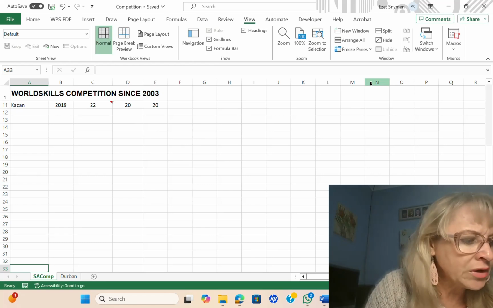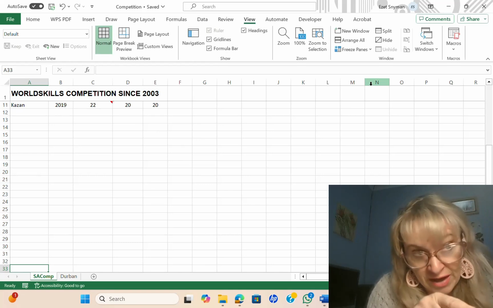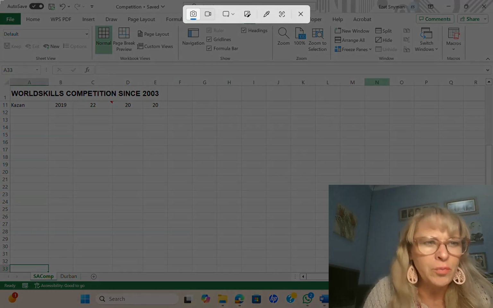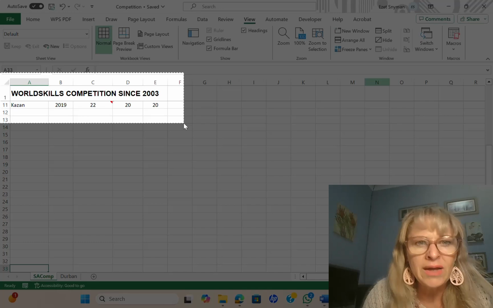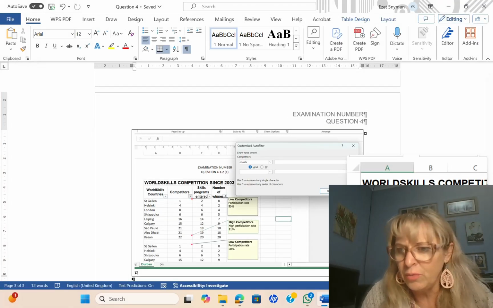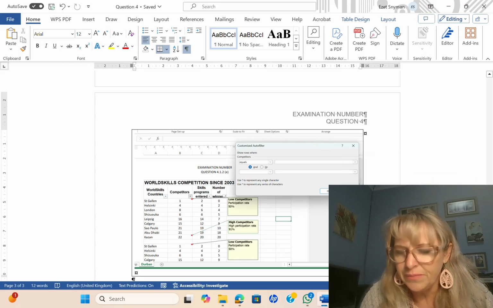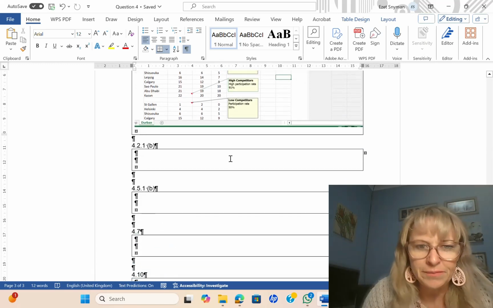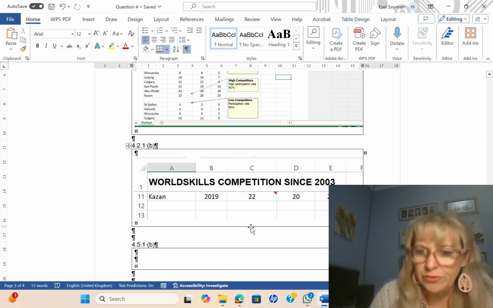B, now you create a print screen image of the SA Comp worksheet to show the action that you froze that row and you paste it in the space provided. So I press Control Print Screen, and in my case you are going to have to crop it, but I can select my area and then I'm going to go to my Word document where I'm now going to paste it in 4.2.1b. I paste it there. Okay, now we move on to C.